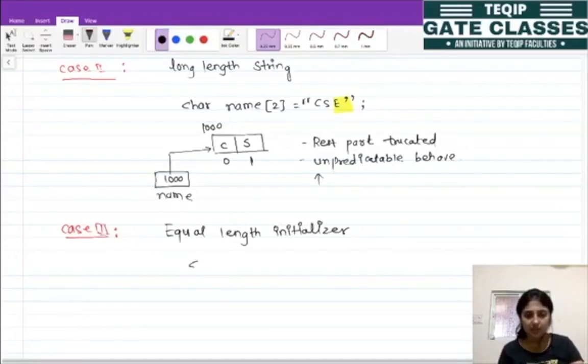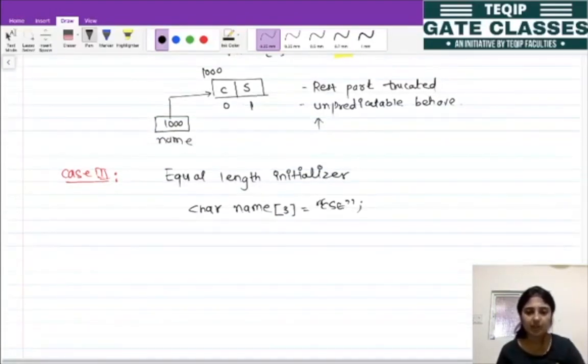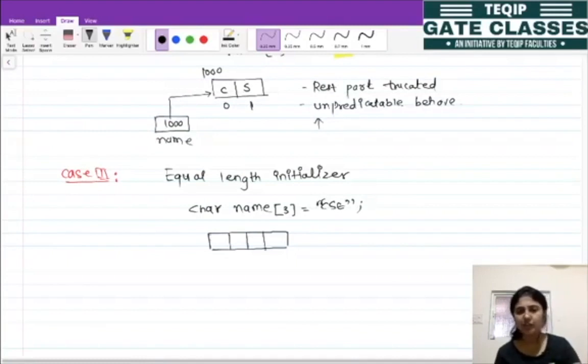मतलब क्या कि सपोज अपनी जो स्ट्रिंग है, दैट इज नेम, इसका साइज है 3 एंड एक्चुअल स्ट्रिंग है उसका भी साइज क्या है से 3। ठीक है, तो अब इन दिस केस अपने को पता है व्हाट वी नो दैट जो भी एरे का साइज होगा दैट मस्ट बी ग्रेटर देन, whatever the size of string plus 1, right? Why? Because we want to store one extra character, that is null character. But in this case what is the size? The size is equal to the size of string.